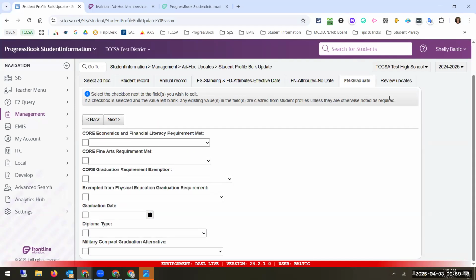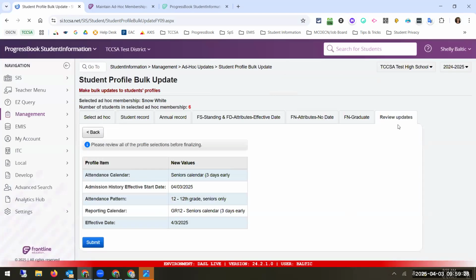And then the last step is to review. Before you're actually going to apply this, you are going to review it. So I'm on my review tab. It's telling me I'm going to change my attendance calendar to the senior calendar effective today. Okay, so it's going to create the attendance pattern for my 12th graders with the reporting calendar of the senior calendar, effective again today. So if I am ready for that, once I hit submit,